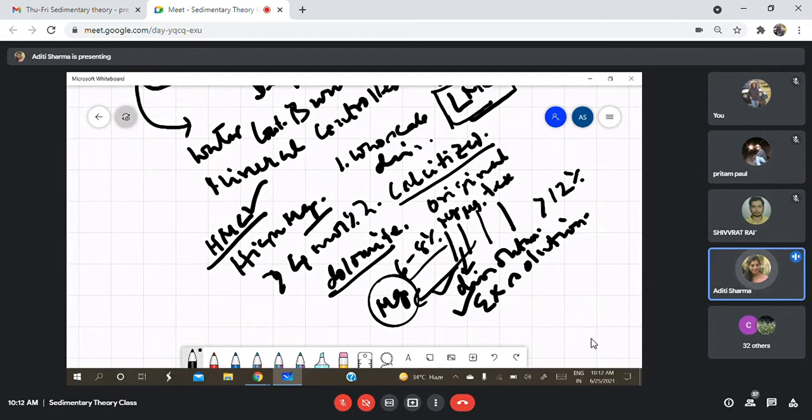Where is this Mg getting from? It is getting from the Mg calcite which doesn't have more than 12 mole% Mg, so that its solubility does not increase manifold. But it has higher Mg than the low Mg calcite, so it has to exsolve the Mg. An exsolution, how does it happen?